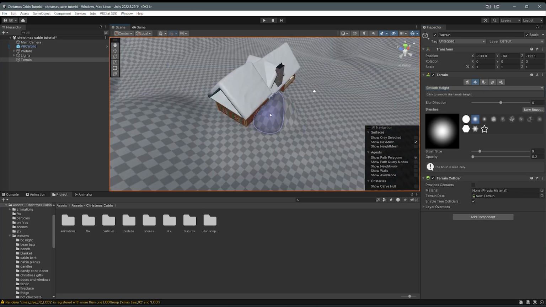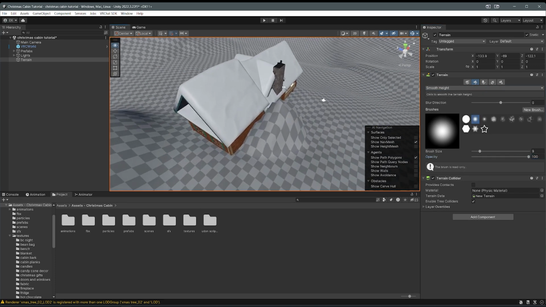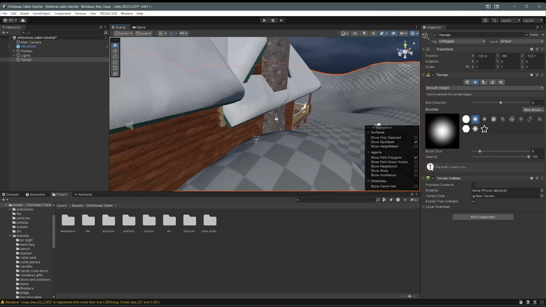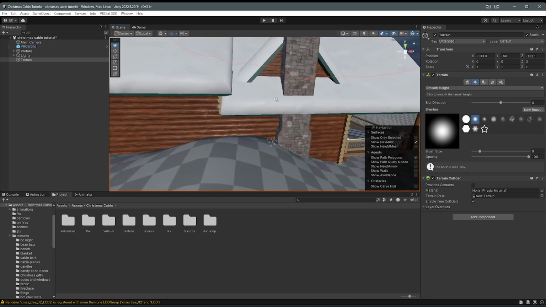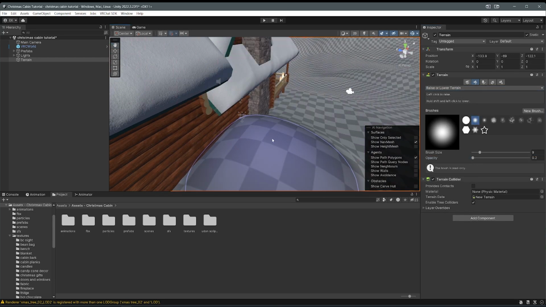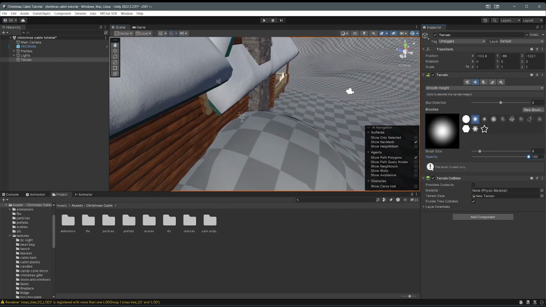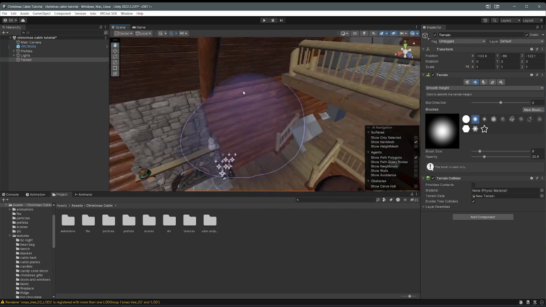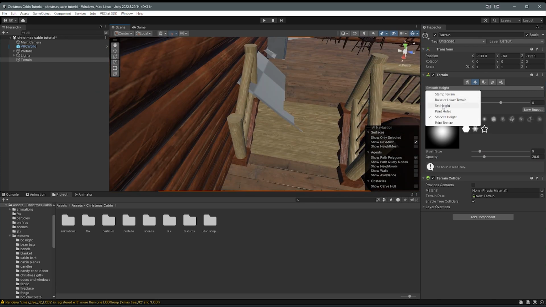Smooth height. We'll have to go inside and make sure that none of this terrain is clipping with anything. And maybe that's enough for the players to jump. It might be. Maybe we'll go a little tiny bit higher. Smooth height. That should work. And now, as I expected, it's clipping in here quite a bit. Let's try that